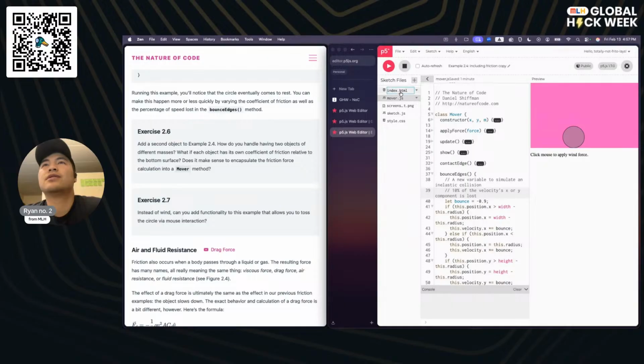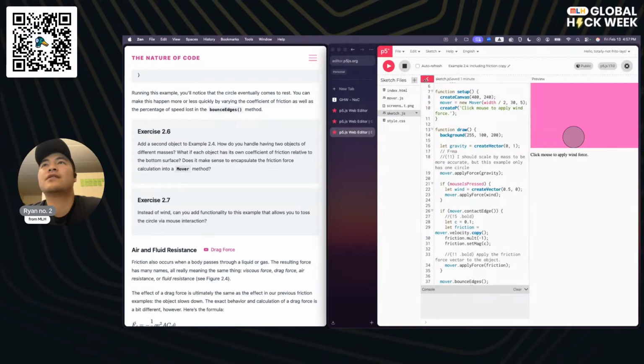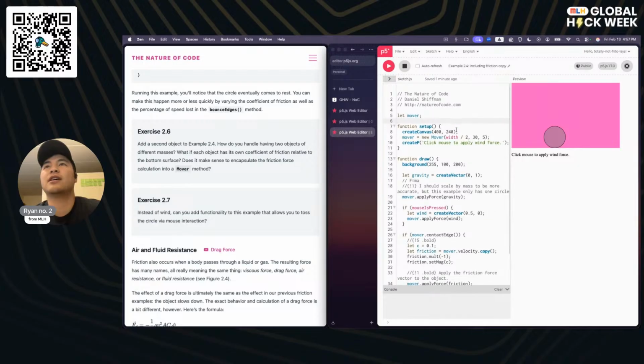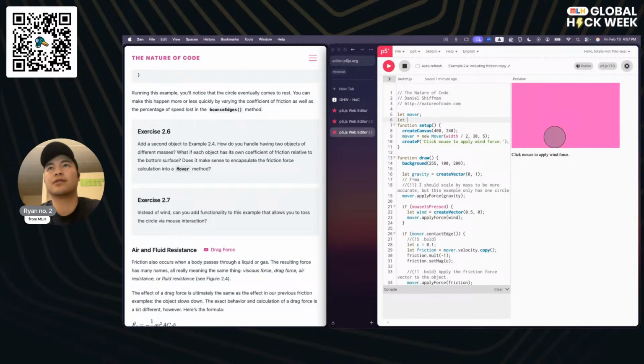Well, the first step, I think, is for us to just pop over here. And let's go ahead and add another mover over here. Mover B, mover A. And we're going to look for wherever we see mover, and we're just going to update that to say mover A. Mover A,